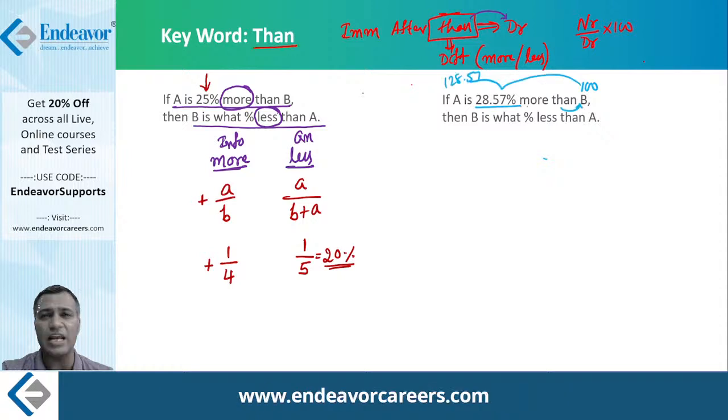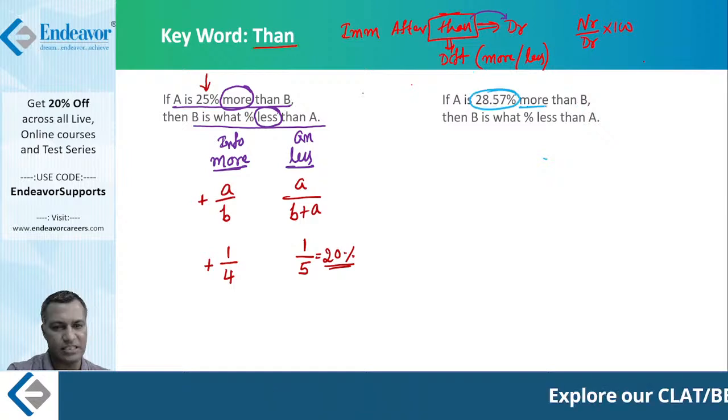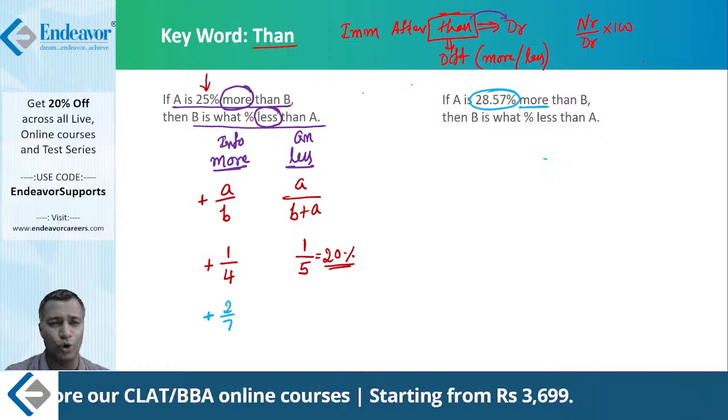Fair enough. But if I take the fraction route, what is 28.57? This is the information coming. Is this associated with more? Yes. So therefore you write this as plus. 28.57 is 2 by 7. Today it might appear pretty tricky for you, but you write it with such ease that 28.57 is 2 by 7. Yes, right, because I asked you to do that chart.